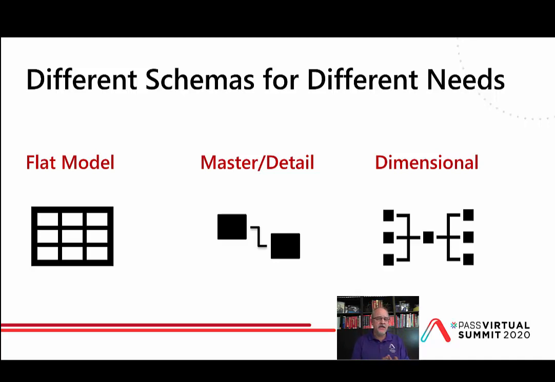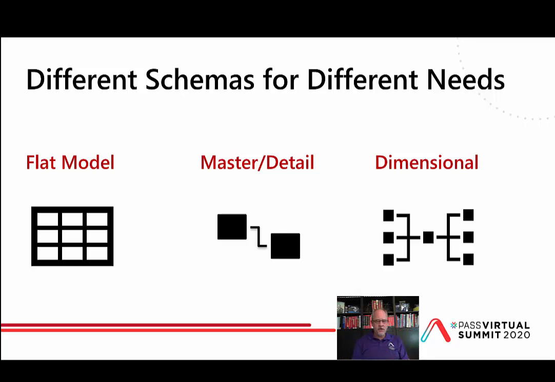Option number two, master detail. This is the way we would typically model a non-dimensional database, a transactional database, where let's say you have orders and order details. So this is kind of an approach to normalizing data. We don't generally manage an entirely transactional database using a technology like Power BI or Analysis Services, but it might make sense to model tables in this way, where you have this summary or master table and then details that are related to that table.